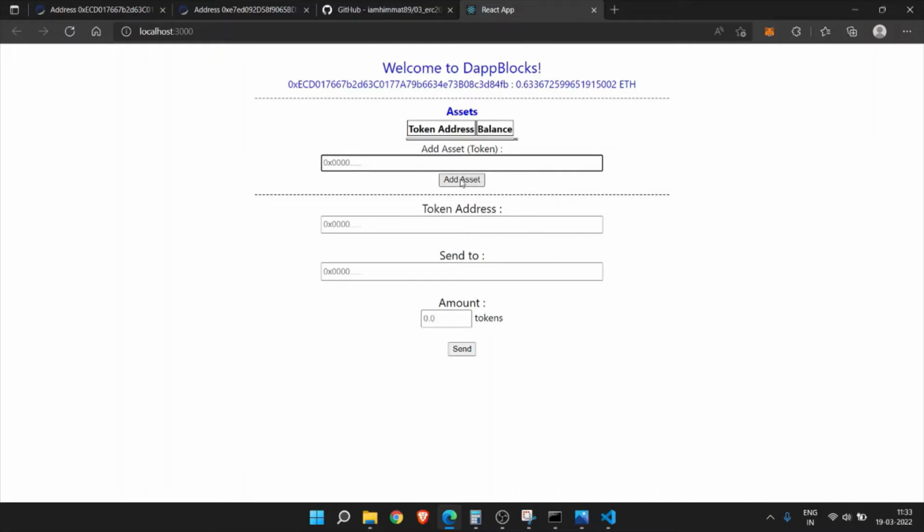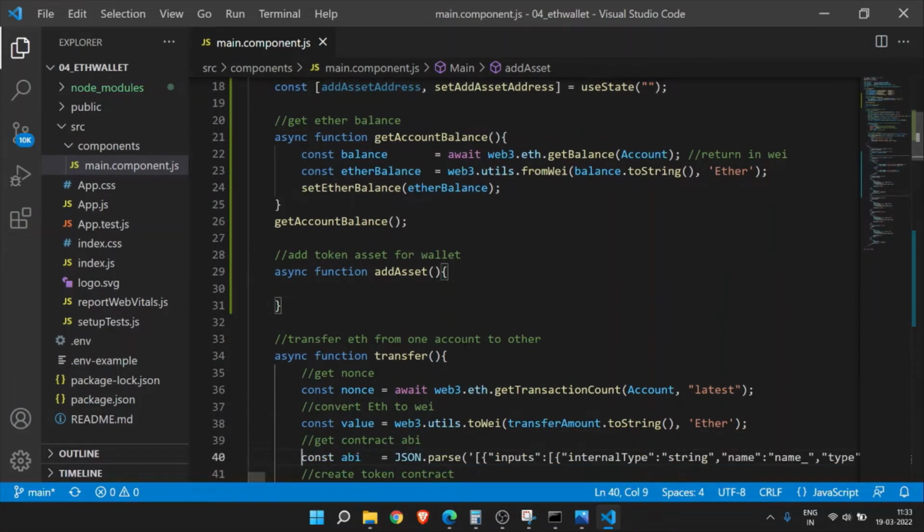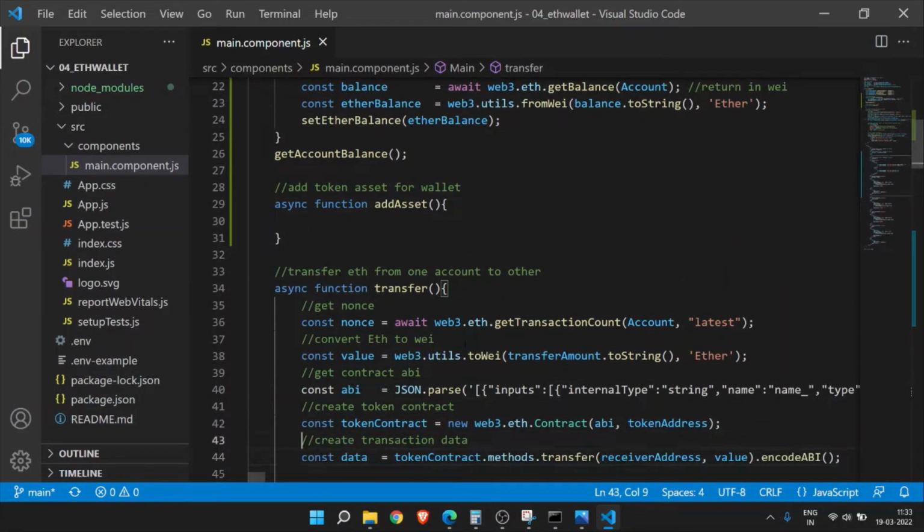So now you can add the business logic. So this should add the token into the list. So first we need to create the token contract. Token contract equal to new